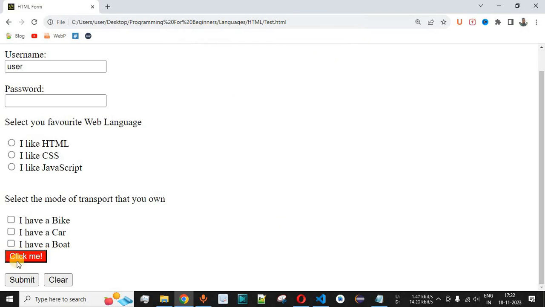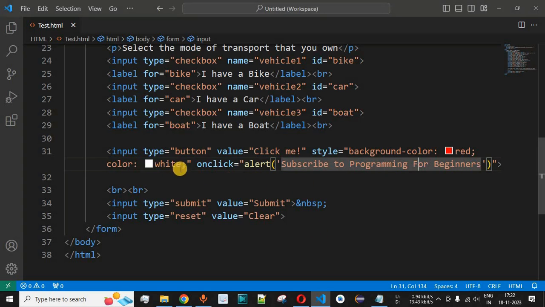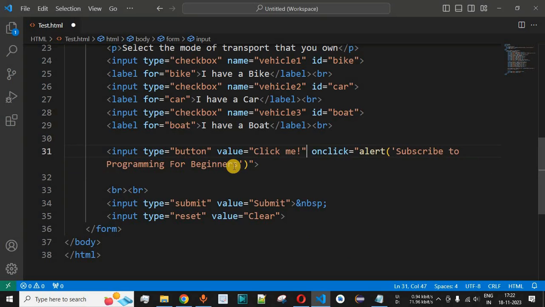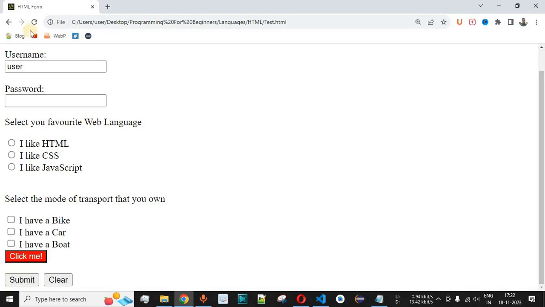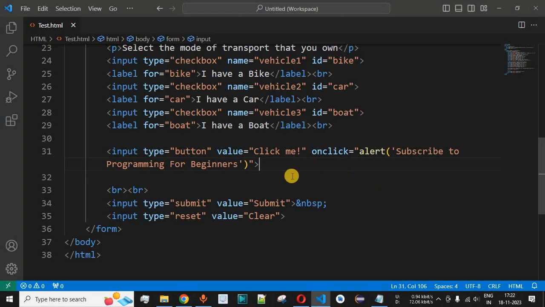This is a very basic button that we have seen so far. We can also remove the styling properties over here. I'll quickly remove the styling properties so that it looks like a normal button. Let me save this file now and try reloading this page. As you can see, we have a very simple button in this case, and when we click on this button, again the alert is being displayed. Whenever the user clicks on the button, the function that we have written over here will be called based on the requirement of the project.